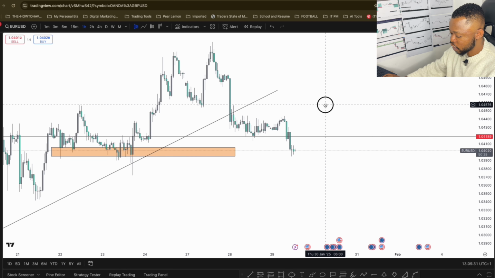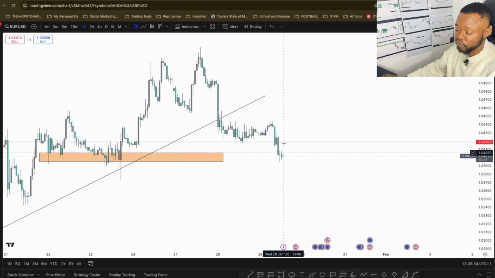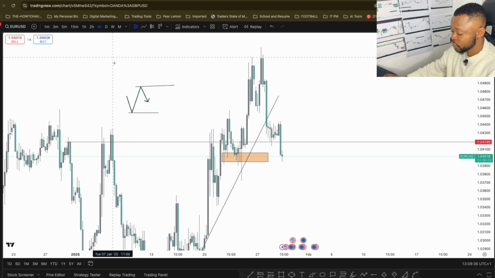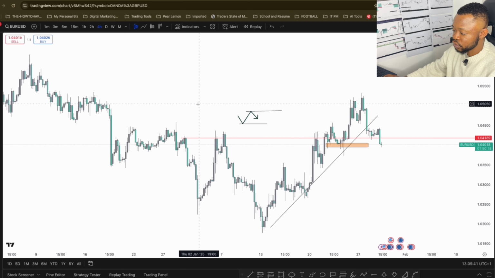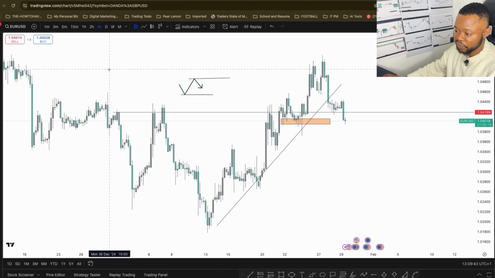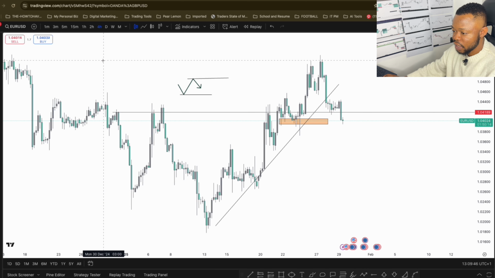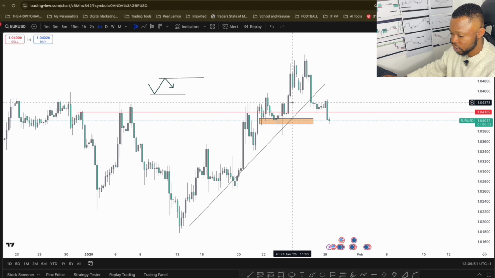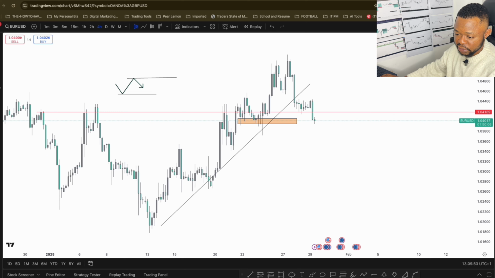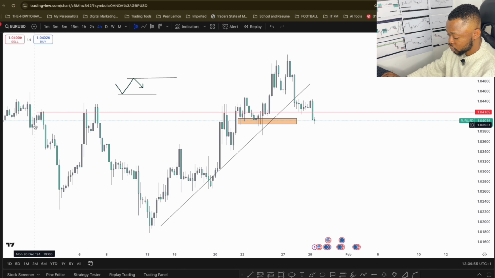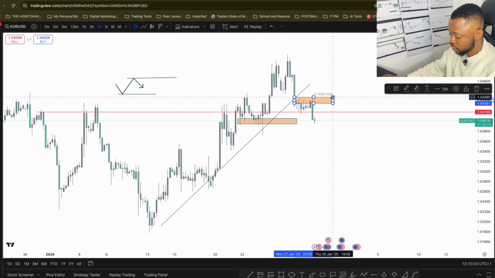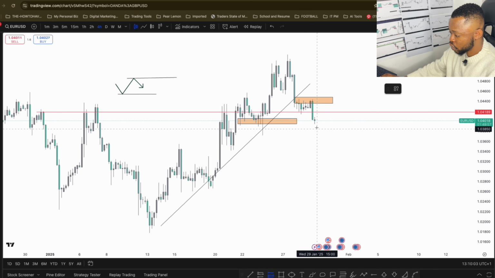So, and third on the list, we have the swing traders. So for me, I'm a day trader and a swing trader. So as a swing trader, what do I do? I'm looking to find positions on the higher time frame and buy and sell as quick as possible. So on the 4 hour now, as a swing trader, I'm looking for things like this. So I'm looking to sell at this position on the 4 hour and hold positions. Let's say I decide to sell around here.